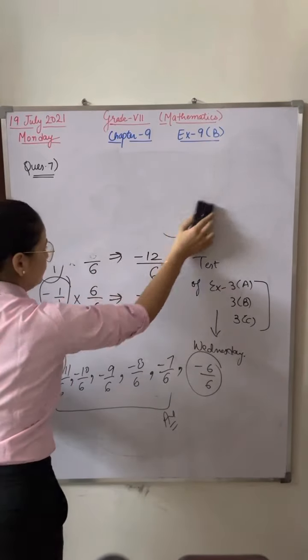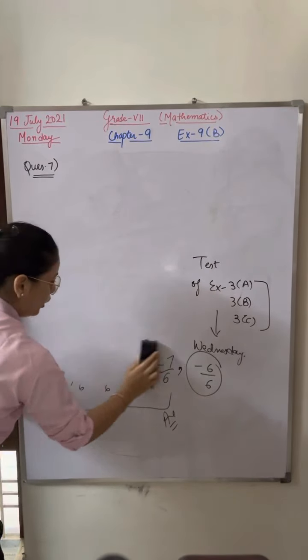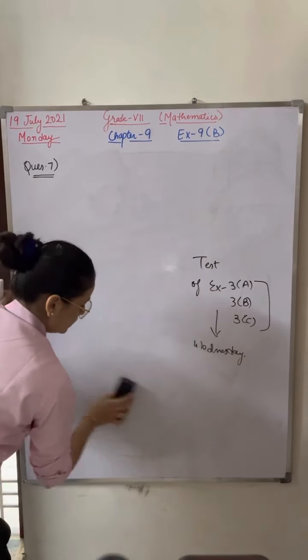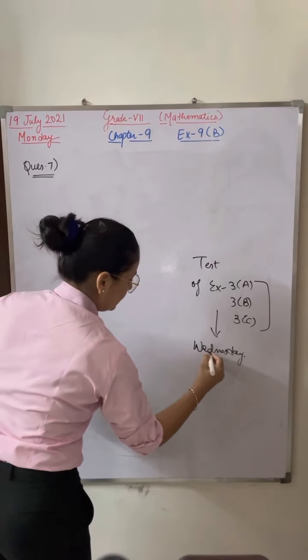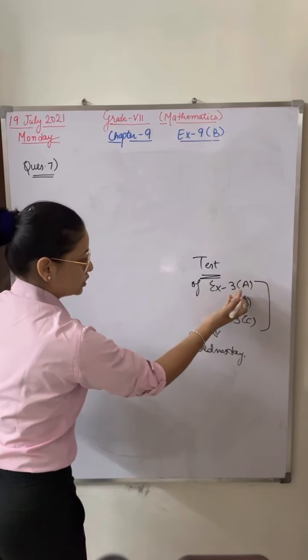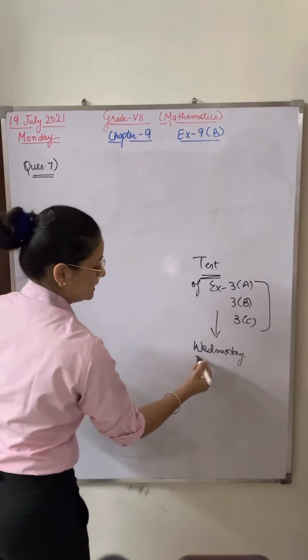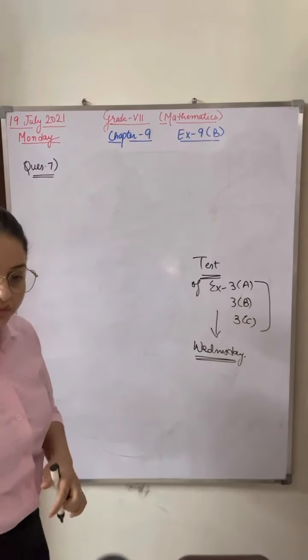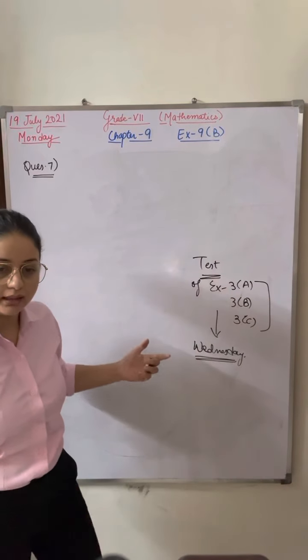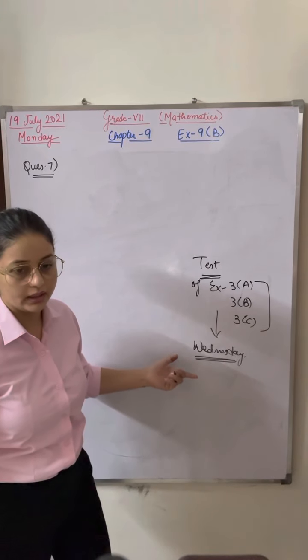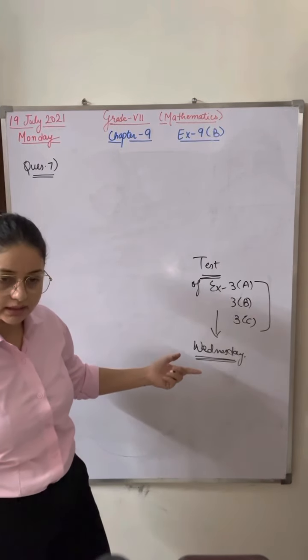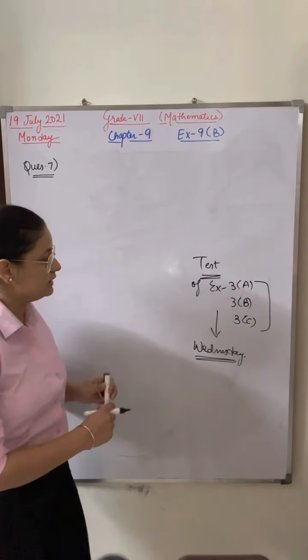Now everybody has joined the class, so I want to give an instruction. There will be a test of exercise 3A, 3B, 3C on Wednesday. On Wednesday, it was today. I told you last week that it is today. But I forgot to send it in the homework. So verbally we have discussed, but I haven't sent it in the homework.